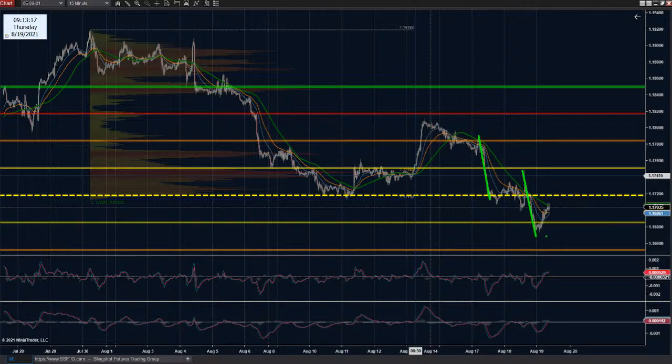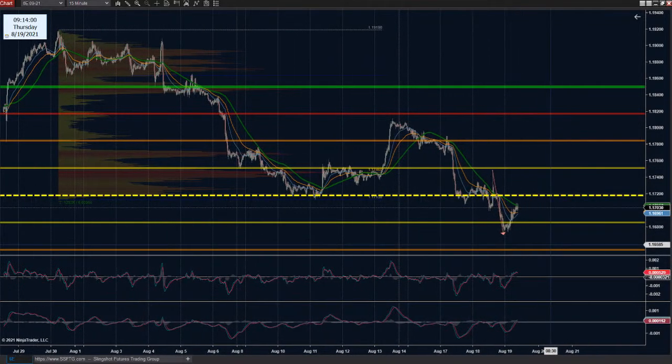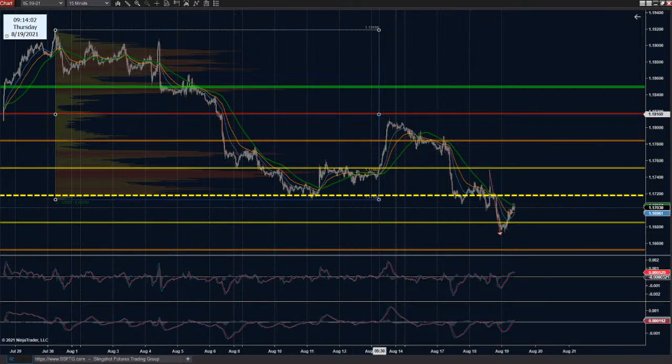That second portion maybe fell a little bit short. Let's see here, just the impulse. No, actually, they were pretty darn close. Man, they were right on top of one another. So with that POC attempt of the bulls trying to go higher, look at where the market rejected off of when it came back. Now, you tell me, what do you think happened right there?